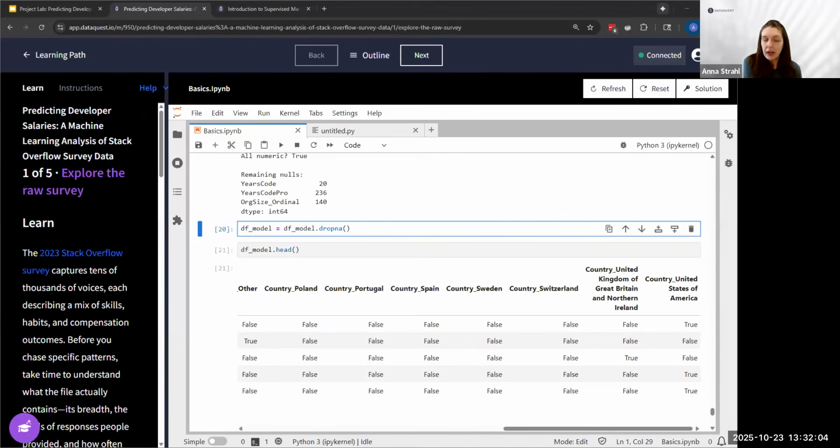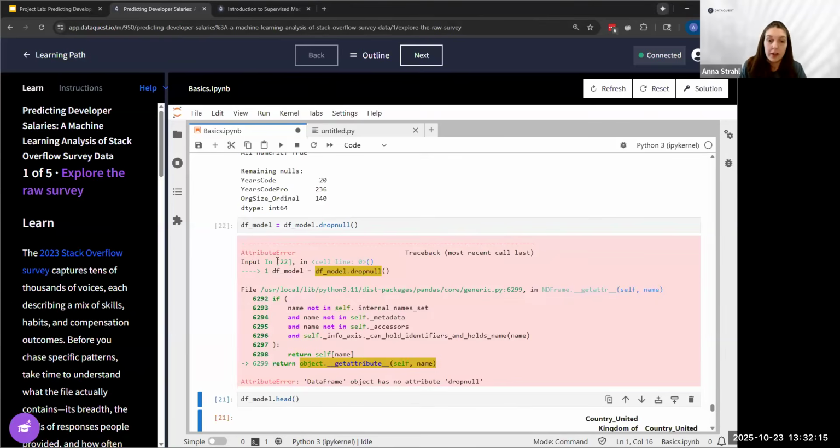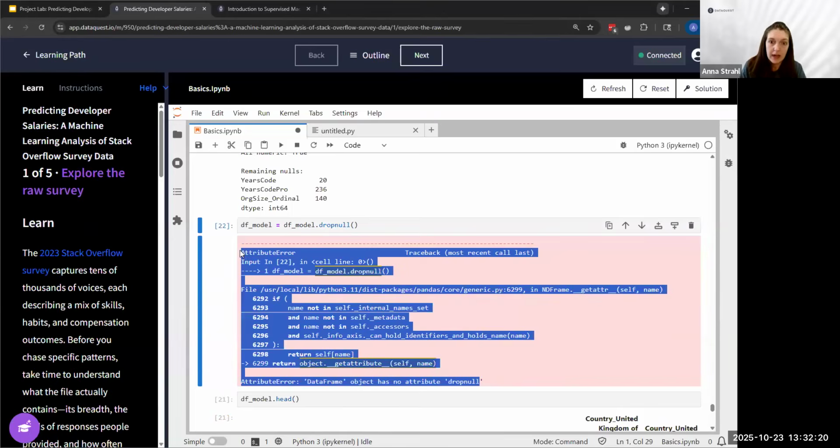So if you're a beginner, I think AI is most valuable if you get a traceback error. For example, if I make an error on purpose here, if you get a traceback error like this, copy and paste this into AI and say, hey, what's going on? Why is my code breaking? Explain it to me. That's going to get you the foundational skills you need to then later down the line use AI as a heavier hand.